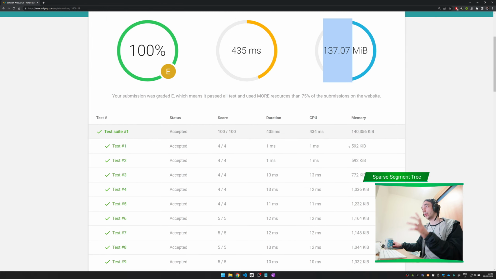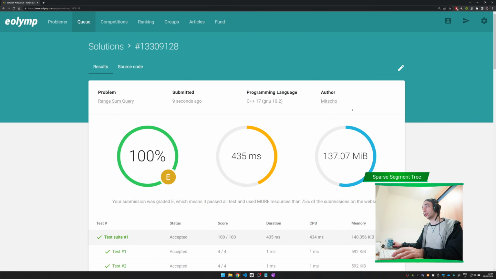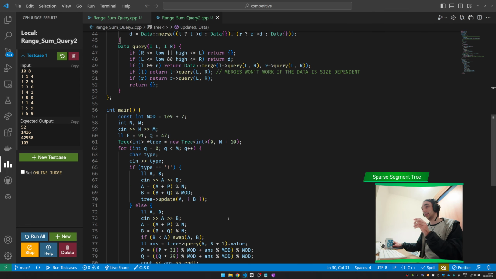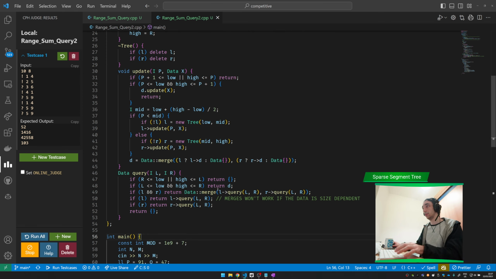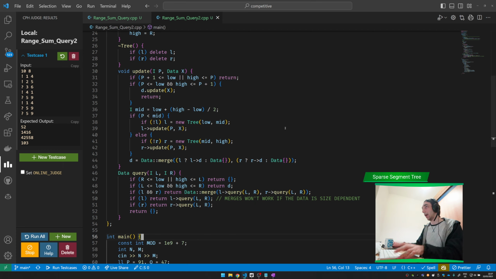The queries are a lot, so you can see that it's quite okay. And I'm not even using sync with IO. Don't sync with IO, it's fast enough. It's very fast. It's 400 milliseconds. But